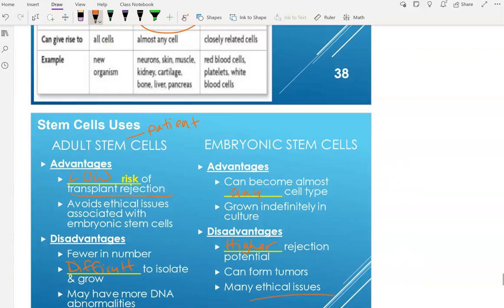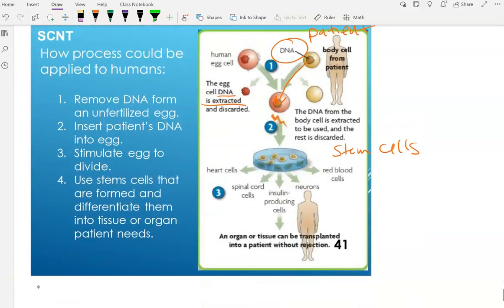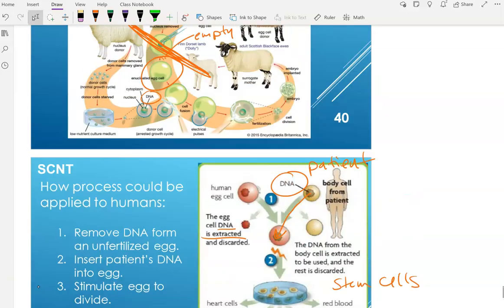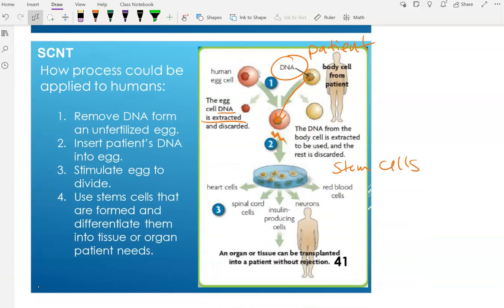And that avoids the ethical issues of the embryo, because we're just using an egg cell that hasn't been fertilized, that didn't have the potential to become a baby. And we have a low risk of rejection because the DNA inside of this is coming from the patient themselves. So really good. In theory, actually doing this is a whole other feat. But that's the idea behind how we can use cloning, somatic cell nuclear transfer, in a medical sense to help